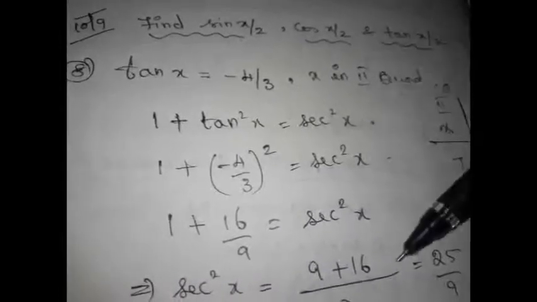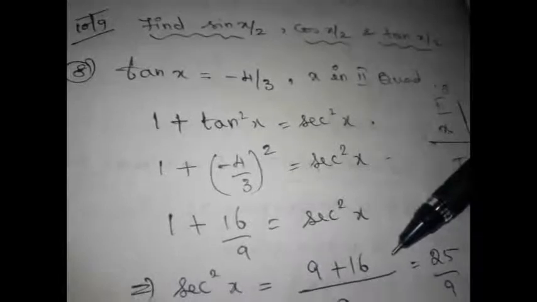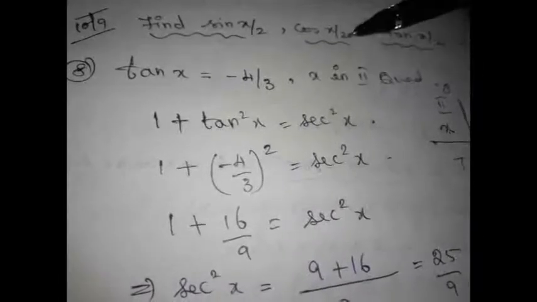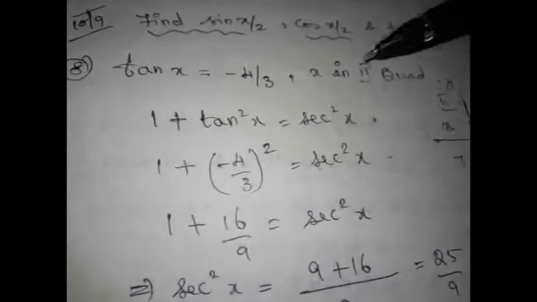So before we get into the problem, first we analyze where x lies and where x by 2 is going to lie. Now it is given x is in second quadrant, which means x lies in between pi by 2 and pi, right? Now we wish to know where x by 2 lies. So divide throughout by 2. This will become pi by 4, this will become x by 2, this will become pi by 2.